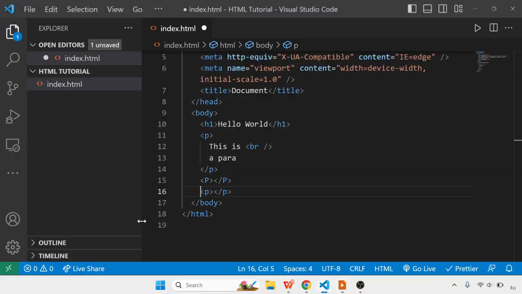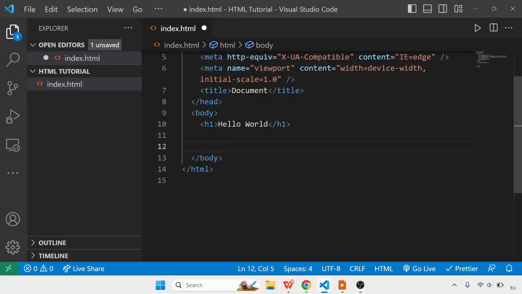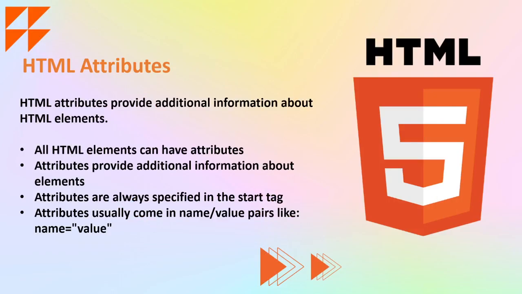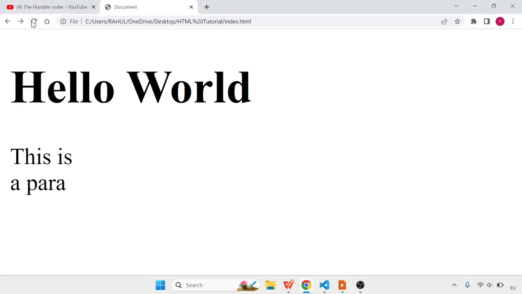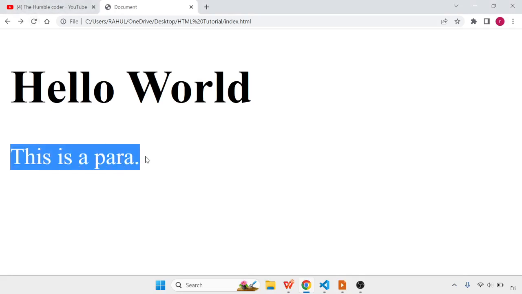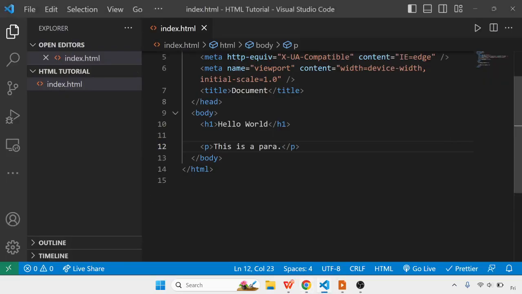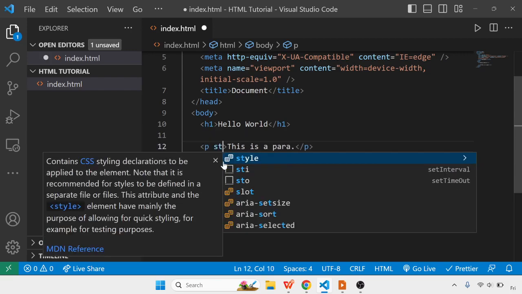Let's now look at a practical example. I'm going to remove all these things and show you a style attribute first. For example, this is a para. Right now on the screen, this is simple in black color because we have not applied any attribute on this paragraph tag yet. But if I want the color of this line to be red, then we have an attribute called style.